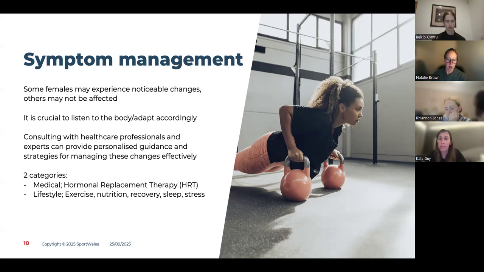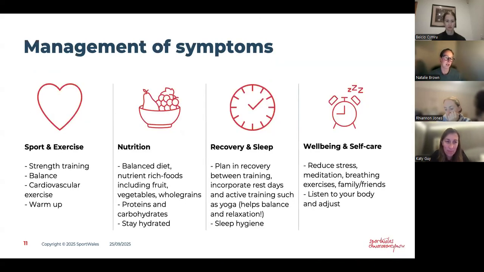So what I was going to focus on, with me talking around menopause, was management of symptoms from a lifestyle perspective. And if we've got any questions that you wanted to ask around HRT, we can leave that to when we've got the 20 minutes of questions at the end so that Katy and I can both do a dual answering of that, especially Katy from a qualified medical perspective. So from a management of symptoms, I've just split them up here into four different categories.